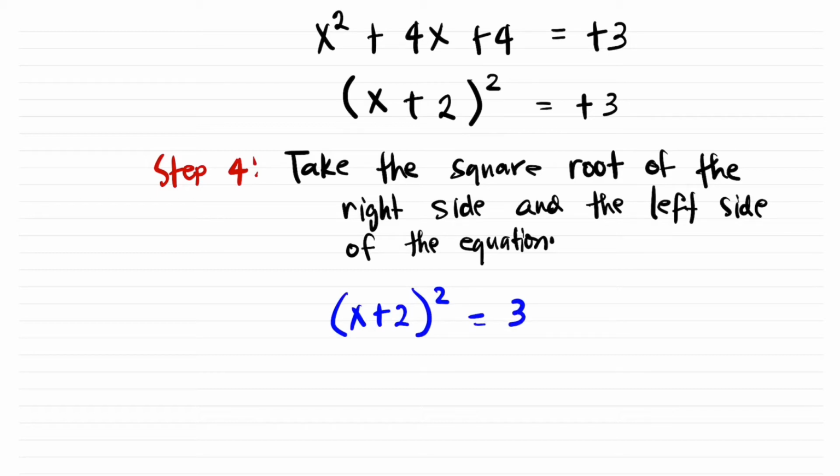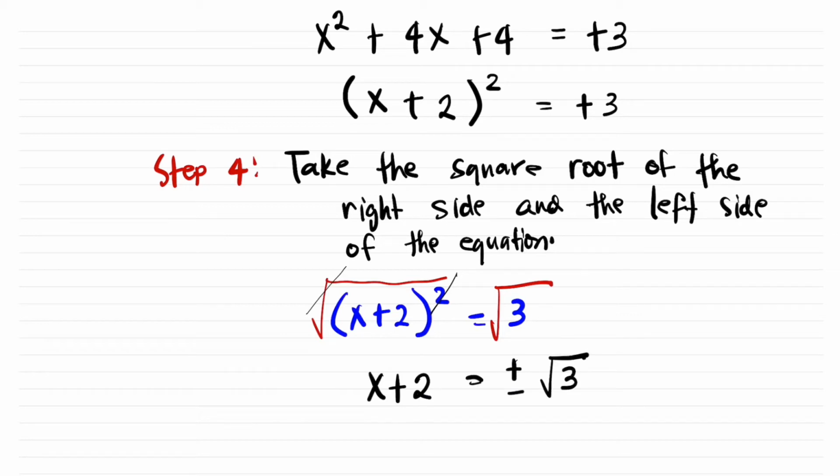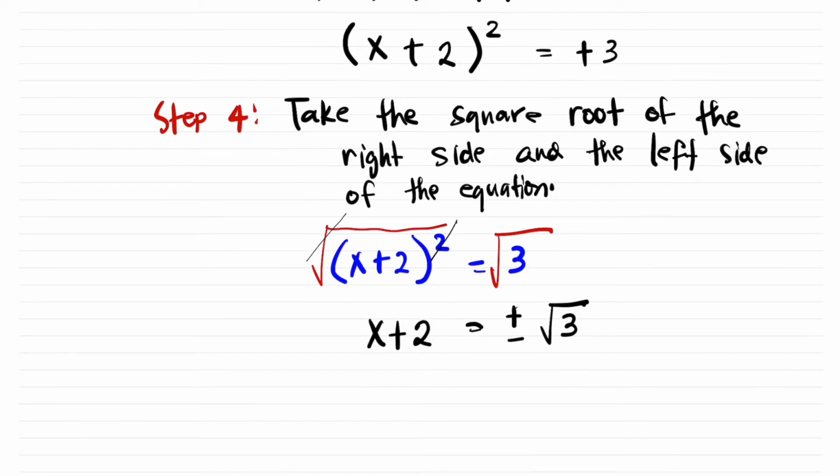Now we take the square root of this, so that we can cancel out the square root and the 2. What's left with us is x + 2 = ± √3. And now for step 5,